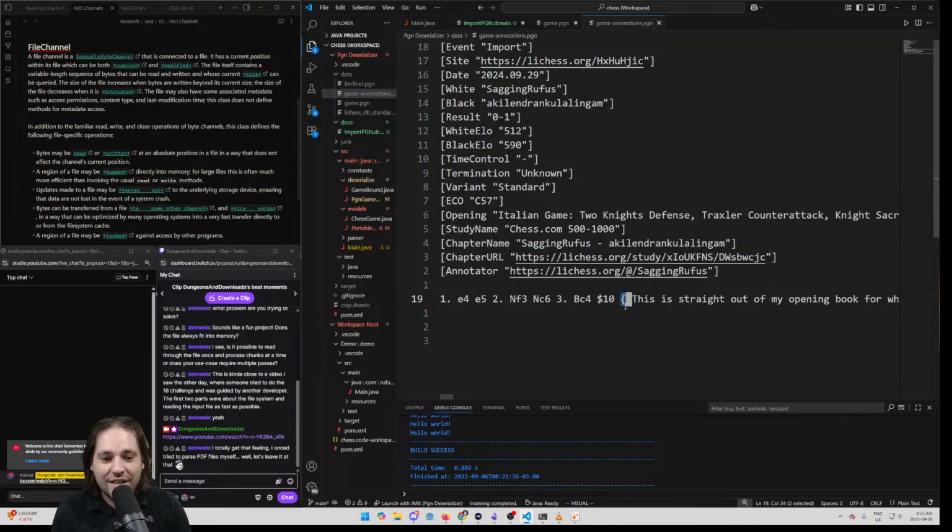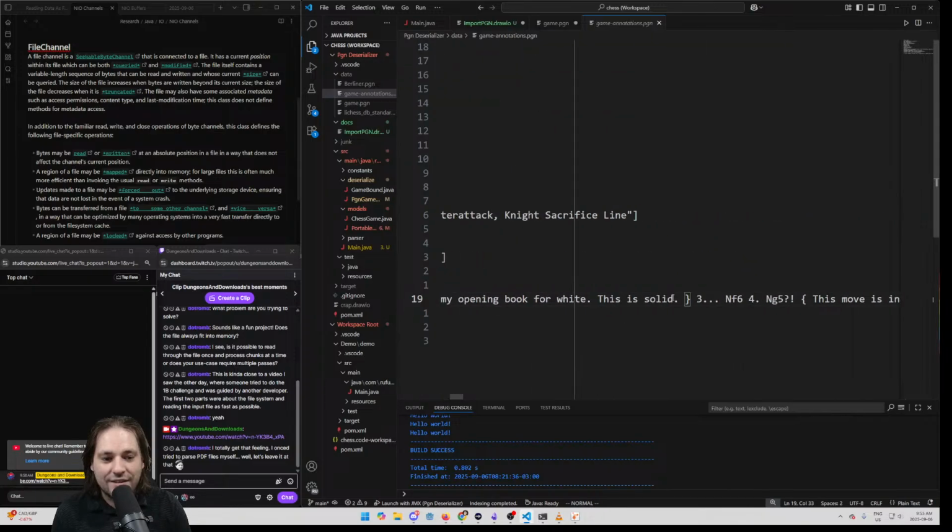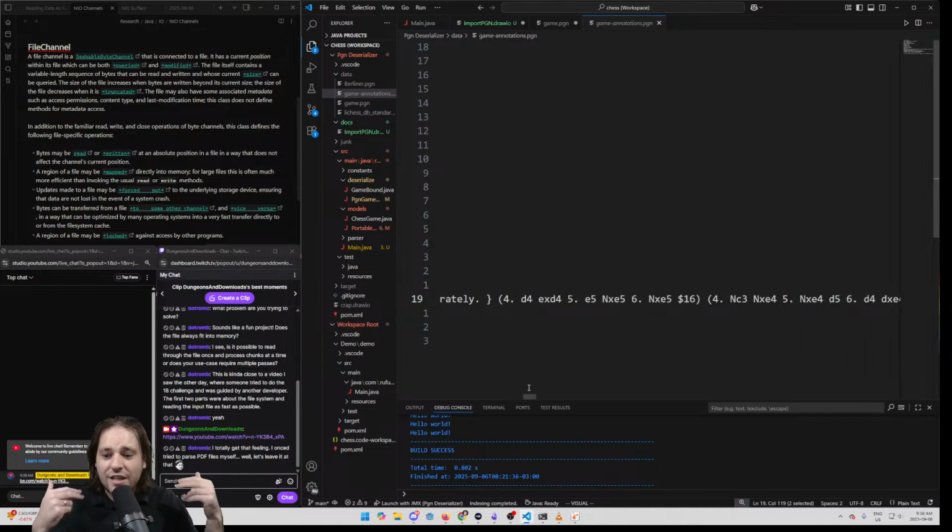This is an annotation, so everything between that curly brace and this curly brace is a comment. And these here aren't part of the move. They're also just commentary marks. So for all of my commentary marks here, I need a way that I can access them, and I have a loose idea in my head of how I'm going to store that. But I don't know how I'm going to parse it into a POJO or some kind of useful deserialized object that I can carry around. Because that's the same thing with these. These things in parentheses are called secondaries